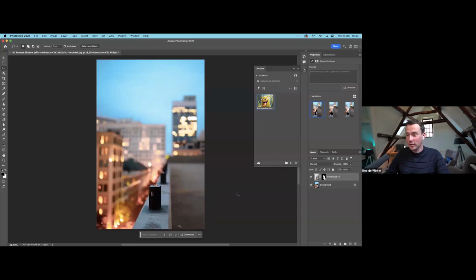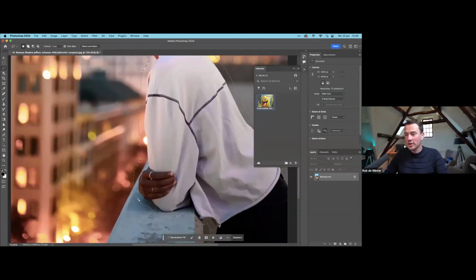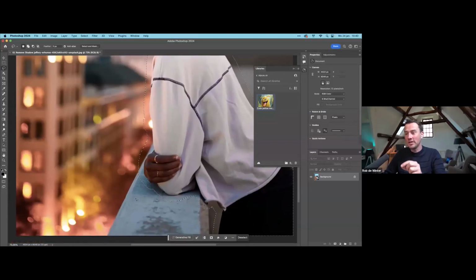I will go back a few steps. Command C. That's because you forgot to select the shadow. So there's still a little shadow available here, also here in this place. And when the shadow isn't included inside the selection you made, then it will create an object that makes this shadow. So what you can do is going to your lasso selection tool again, and then hold shift and then